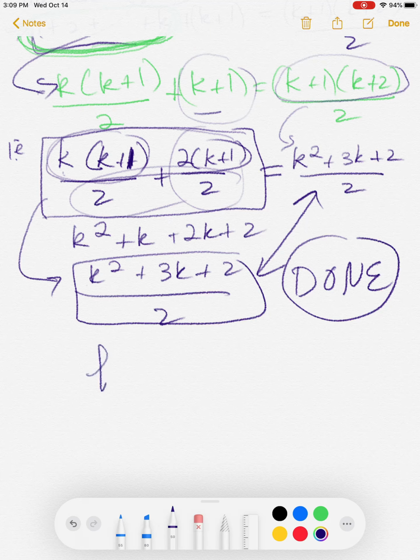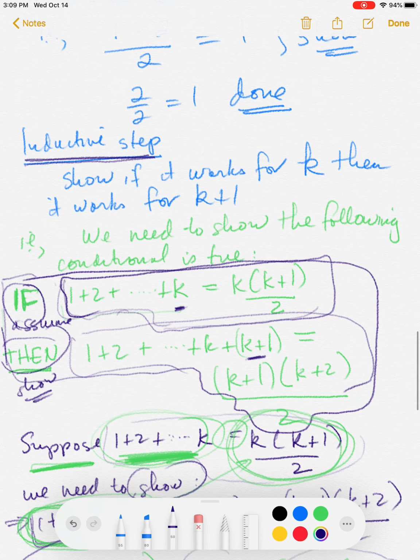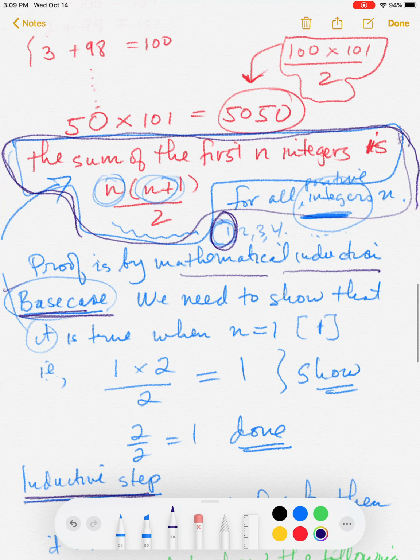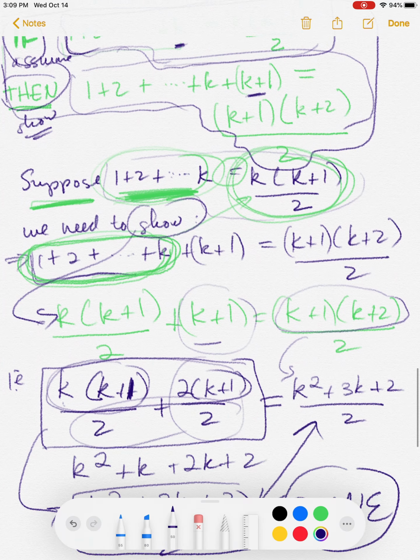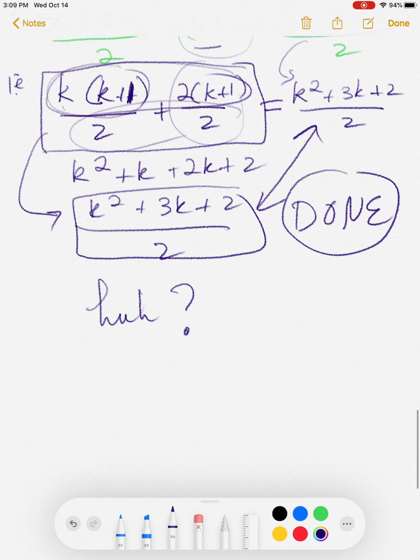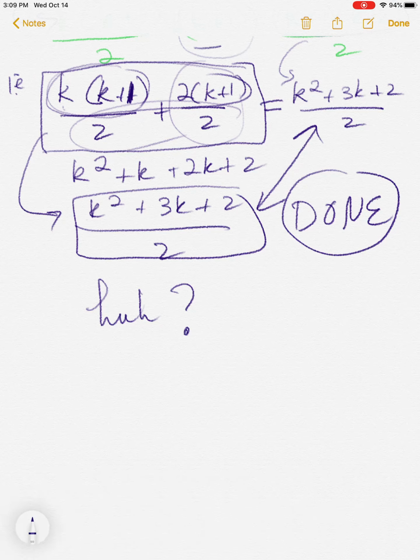So, you might be thinking at this point, huh? Really? We've shown that every single positive integer has this property? And when you first, not that you're going to be doing a lot of proofs by mathematical induction. In fact, I promise you won't be asked to do any proofs by mathematical induction. But until you become extremely comfortable with proving things using this technique, it does have this weird character.